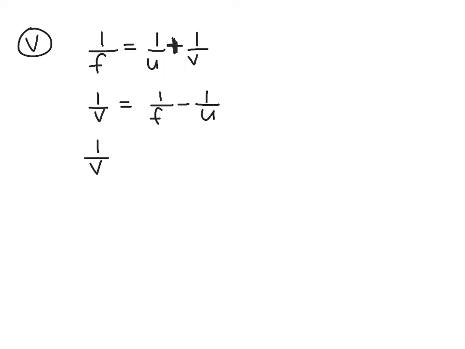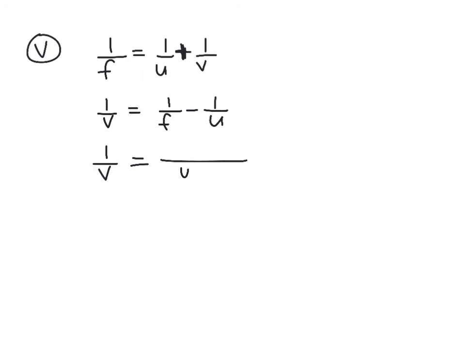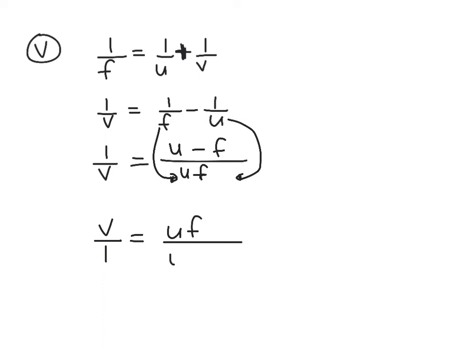So I'm going to have 1 over v is equal to, common denominator, we're going to have f times u, which gives us uf or fu, and then we cross multiply here. So what did I have to do to the f to get that denominator? I had to multiply by u. So it's u here, and what did I have to do here to get uf? I had to multiply by f, so it's u minus f. So if 1 over v is equal to that, then v over 1 is equal to uf over u minus